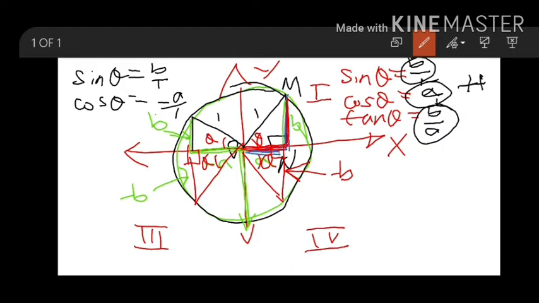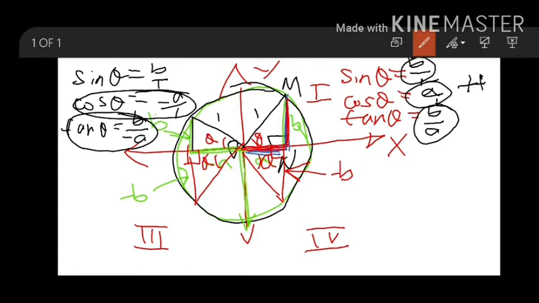Okay, and tan theta will give me opposite, which is B, by base, that is minus A. That means